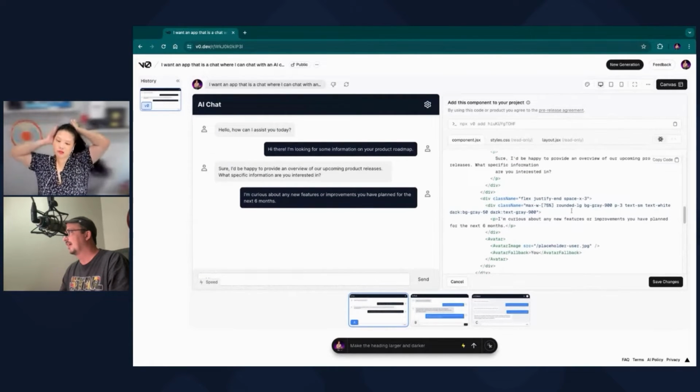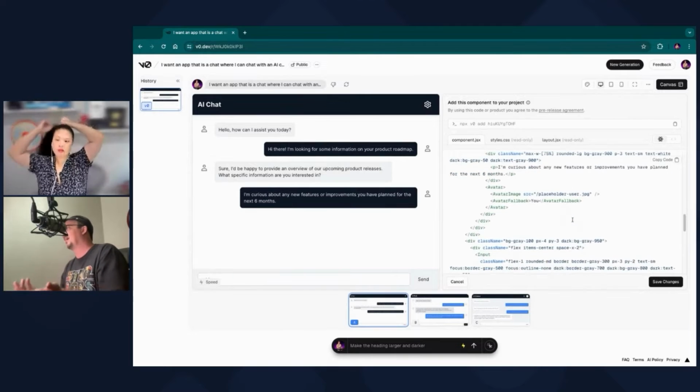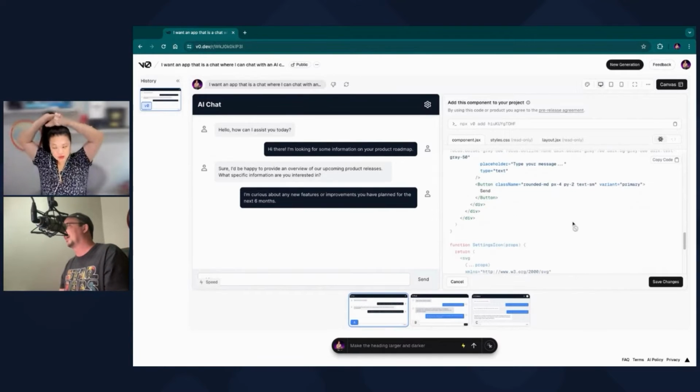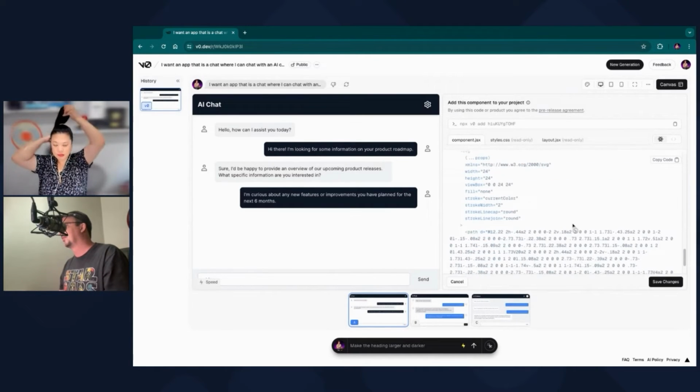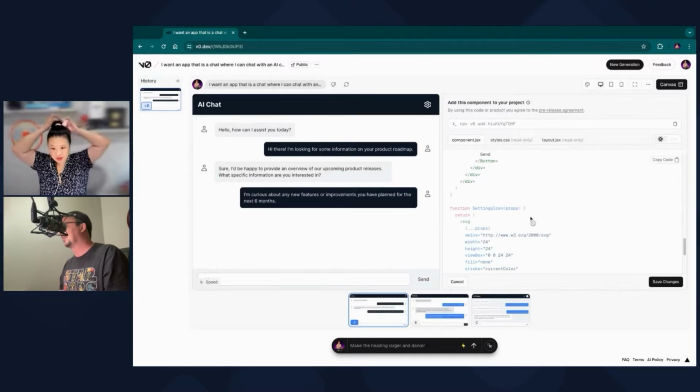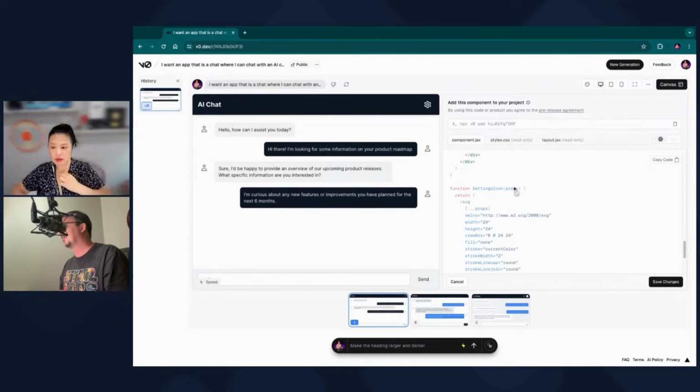It just gave you layouts. I didn't want to do the layout. Here's a layout. Awesome. It gave us this settings icon thing, and there's no TypeScript, which is kind of crap, but